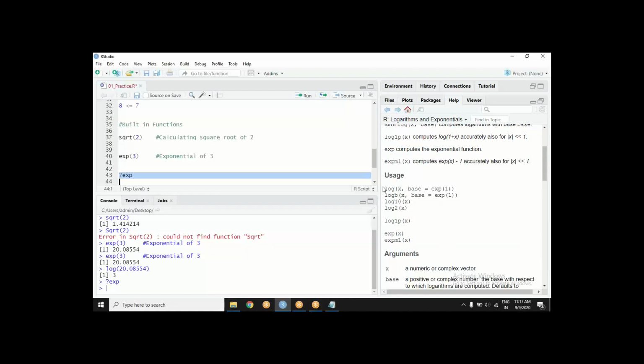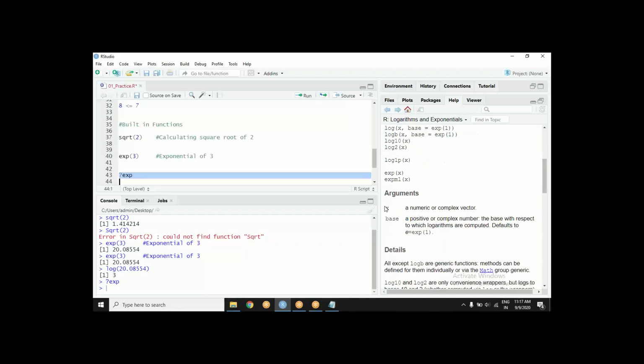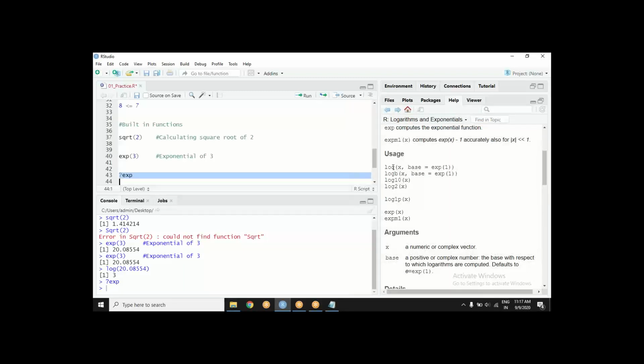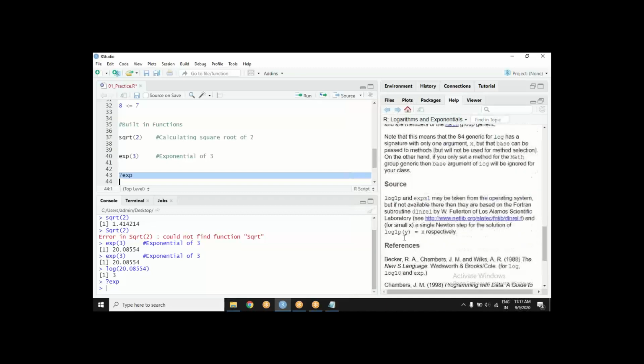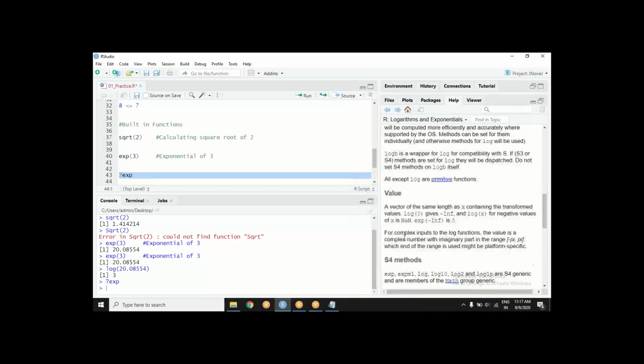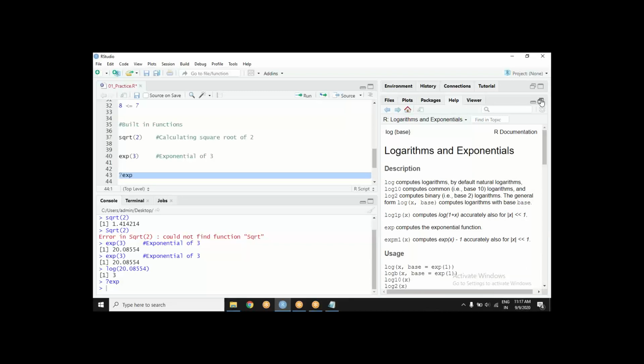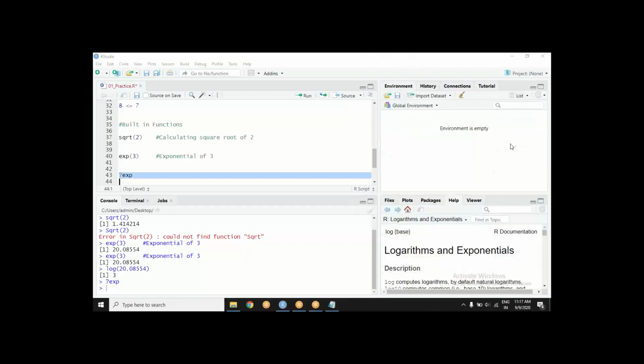Then it is showing you the usage also. What can be the syntax? What is their argument? If I'm generalizing, it calculates log of x based on this much, then what is x? What is base? All description. A hell of a lot of information. Seems nice. It's interactive.